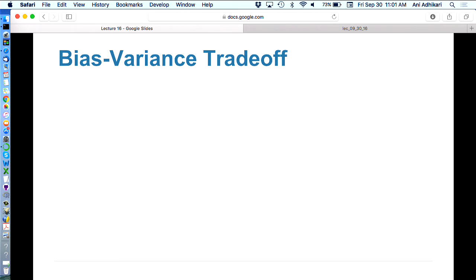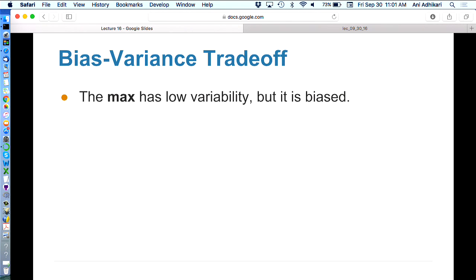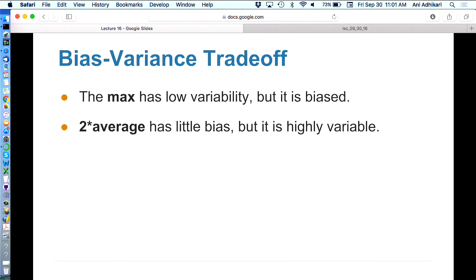We have what is called the Bias-Variance Tradeoff. Our max has low variability, but it is biased. Agree or disagree? Yep. So the good, it's low variability. Bad, it's biased. Twice the average, low bias. Excellent. Highly variable. Bad, because it's far away from the